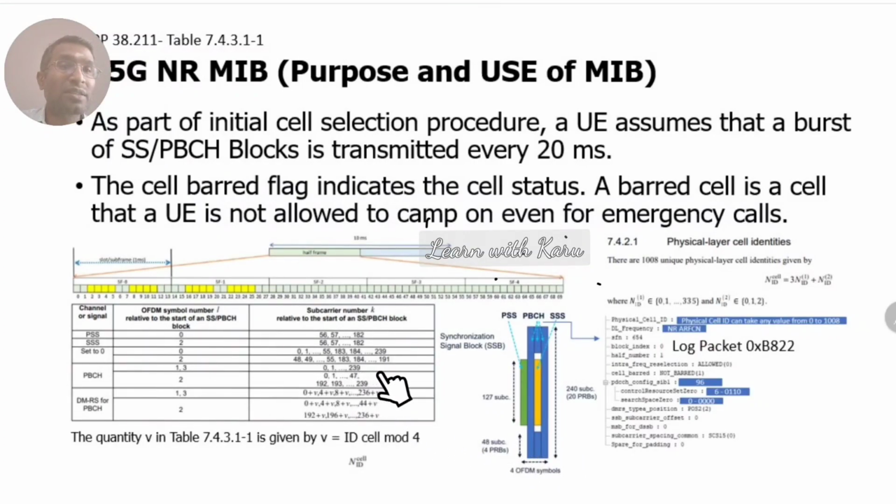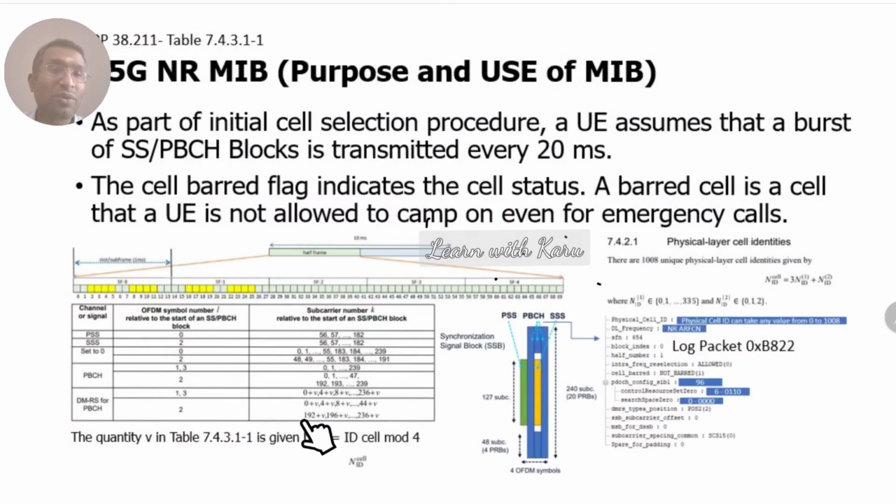You will have all the subcarriers 0 until 239 for the physical broadcast channel, and in symbol 2, where we have the secondary synchronization signal, we will have 0 to 47, and 192 till 239 we have PBCH, and the remaining portion is null. And the DMRS for PBCH is every 4 REs you will have one DMRS, and the position of those DMRS